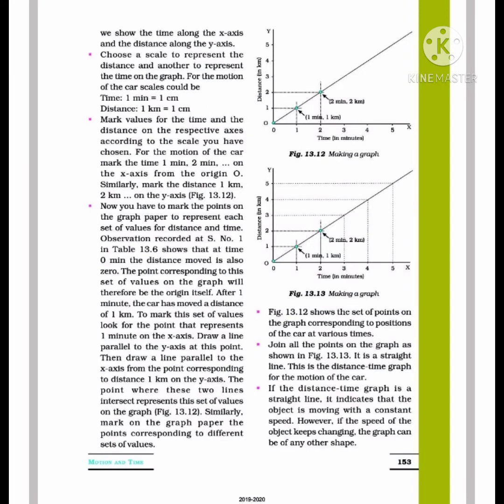In order to prepare one graph, some measurements are available. In table 13.5 you can see some measurements. That is the time: 8 o'clock, 8:30, 9 o'clock, 9:30 and 10. Odometer reading is given. Distance is also given there. From this data, you can easily find out the distance covered by that vehicle between 8 to 8:30, 8:30 to 9 o'clock, and 9 o'clock to 9:30, like this. In order to make a graph, another reading is given here, table 13.6, time.